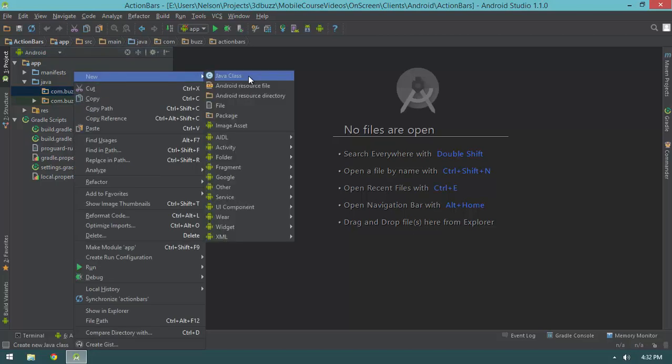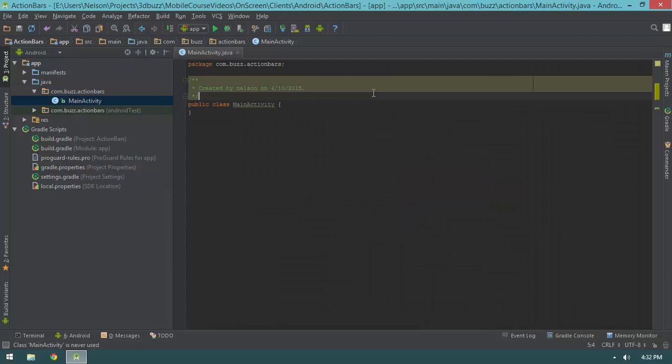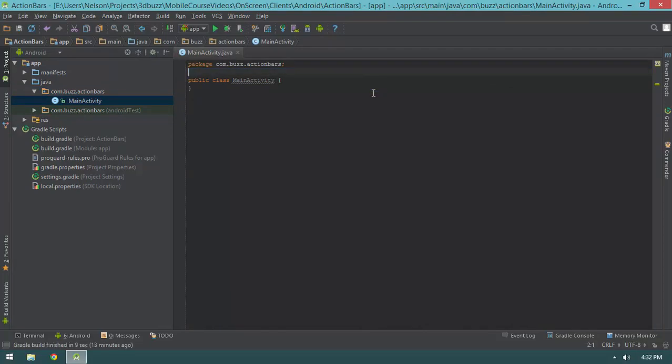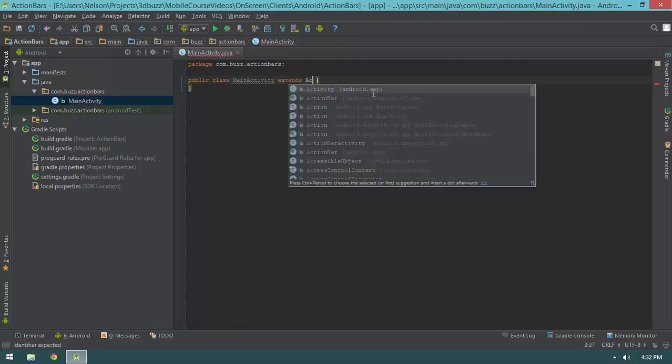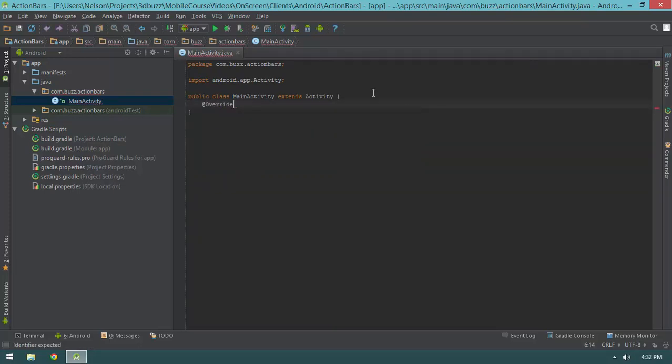I'll right-click, select New, Class, and type in MainActivity. Again, I don't expect you guys to be following along with this particular video. I'm actually not doing well typing today, so maybe I will be slow anyway. We have a MainActivity. It extends Activity. We're going to have a public void onCreate(Bundle savedState), super.onCreate(savedState), and then we'll go ahead and set content view